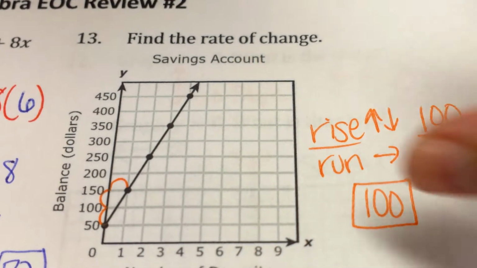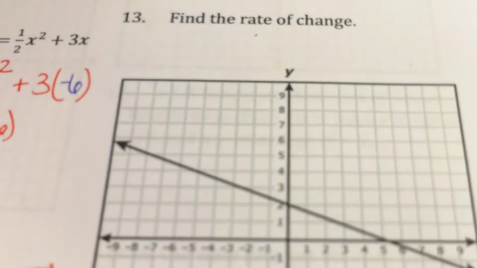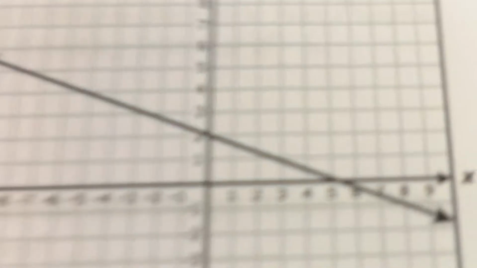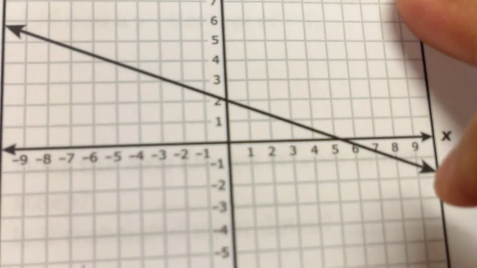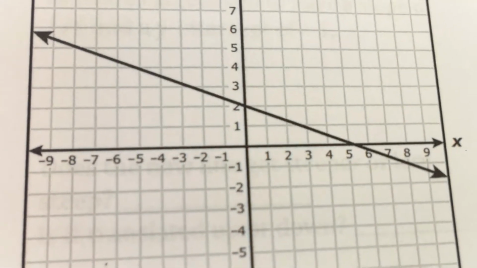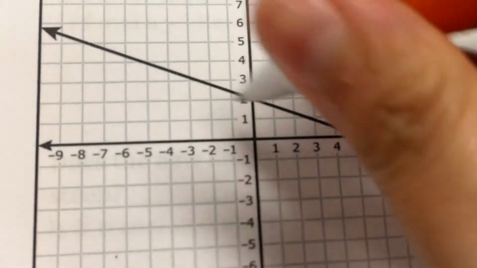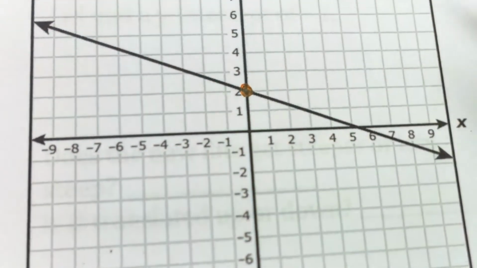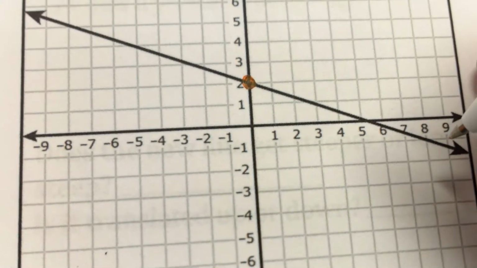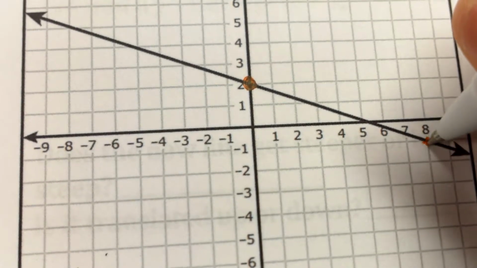Let's see. Do we have another one? Yes, we do. Find the rate of change. Find the slope. So here we're going to be very careful in finding the slope. Now it's focused. So you're going to choose 2 points on this line to find your slope. Here's 1 point, and it has to cross kind of perfectly because you have to find the slope this way. I believe here's another one,